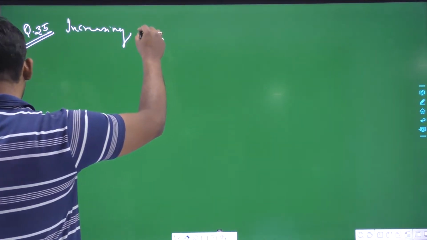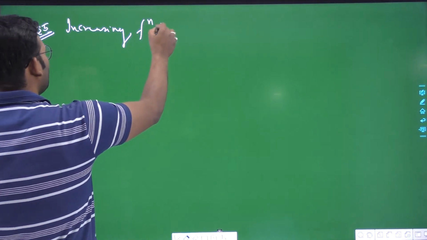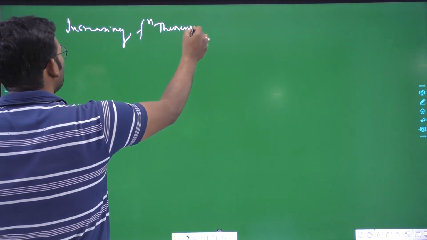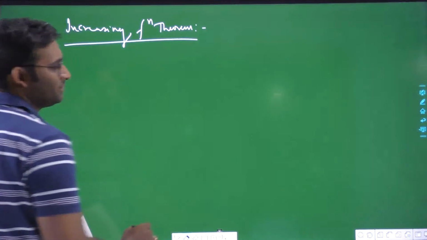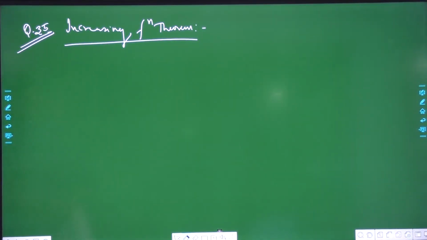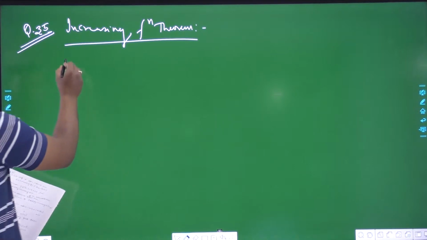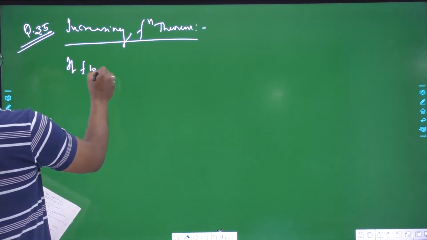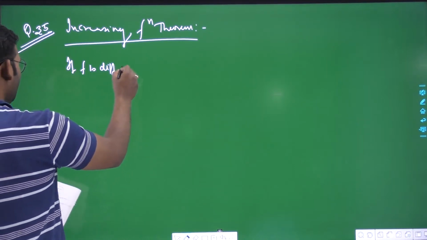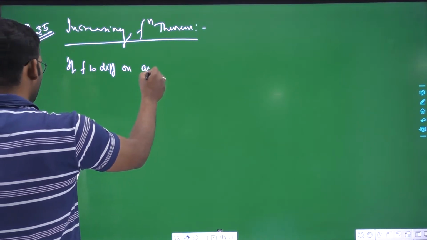ठीक है, तो हमेशा ध्यान रखना, मैथ्स में ये कन्वर्स नॉट ट्रू, इन सब चीजों का बहुत ढंग से पढ़ना जरूरी है। हम क्या करते हैं, जल्दी जल्दी ये चीजें पढ़ लेते हैं, देन वी गेट ऑल ऑफ सडन कंफ्यूजन। So if f is differentiable, this is what the theorem states: if f is differentiable on an open interval